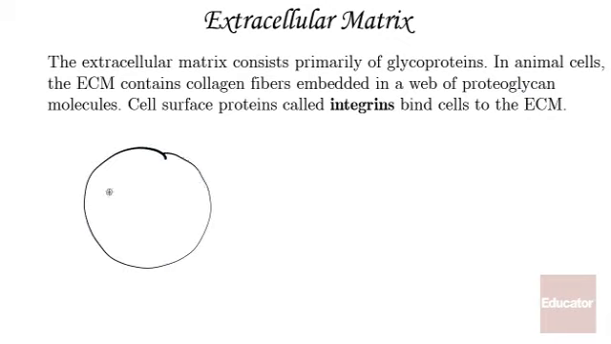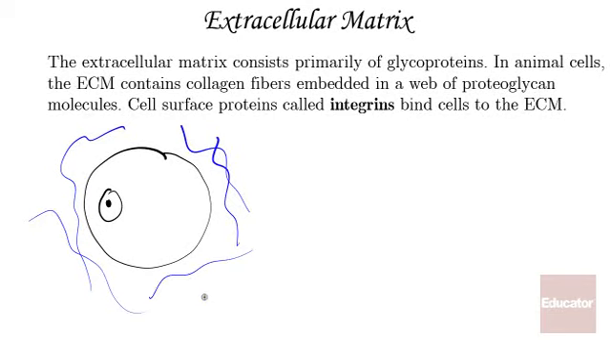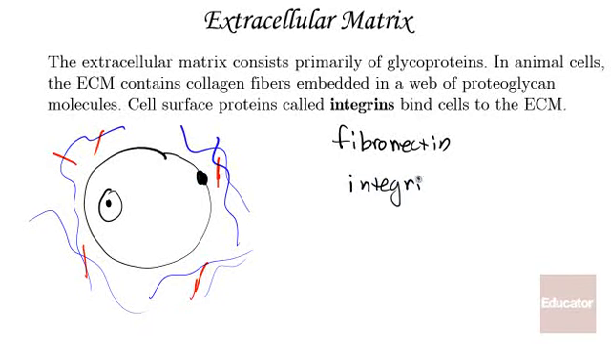So looking at a cell with its nucleus and various organelles, there's an extracellular matrix consisting of proteoglycan and collagen fibers embedded in this network. There's also another glycoprotein called fibronectin. And fibronectin provides the connection between the extracellular matrix and integrins. So integrins are proteins on the cell surface. So they're cell membrane proteins,